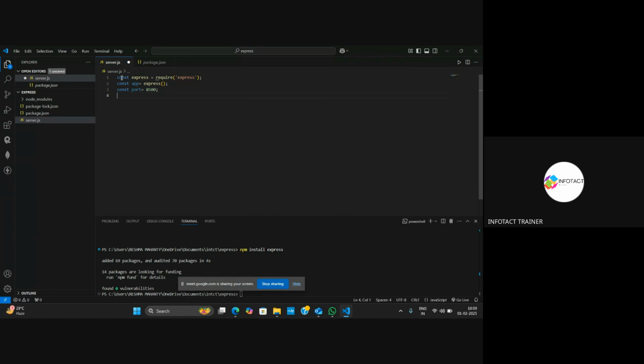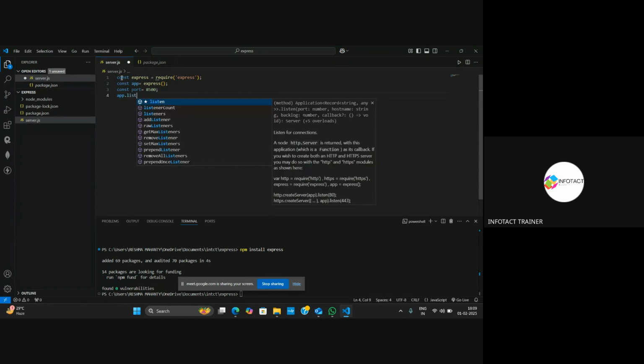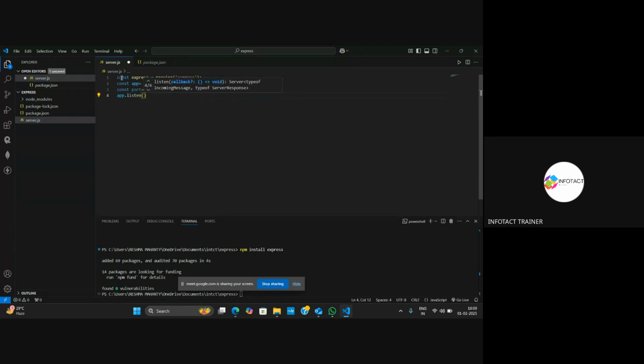And if we are mentioning something in our website, then our website listens to it, right? So we have to mention a listen method in order to make our port listen to whatever we are going to pass inside it. So we will be passing a parameter called port, and